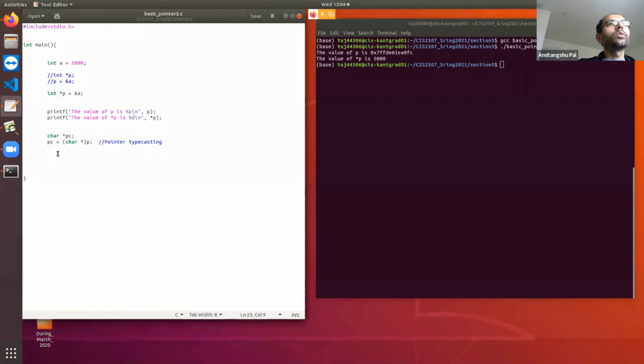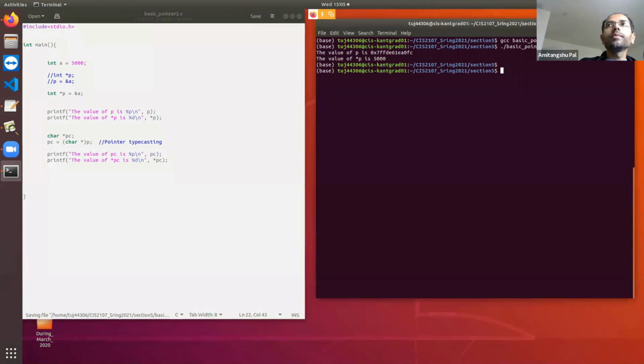Clear? Okay. So then if I print the same thing and replace it by pc, this is going to print the value of the first byte. pc will store the address of the first byte.